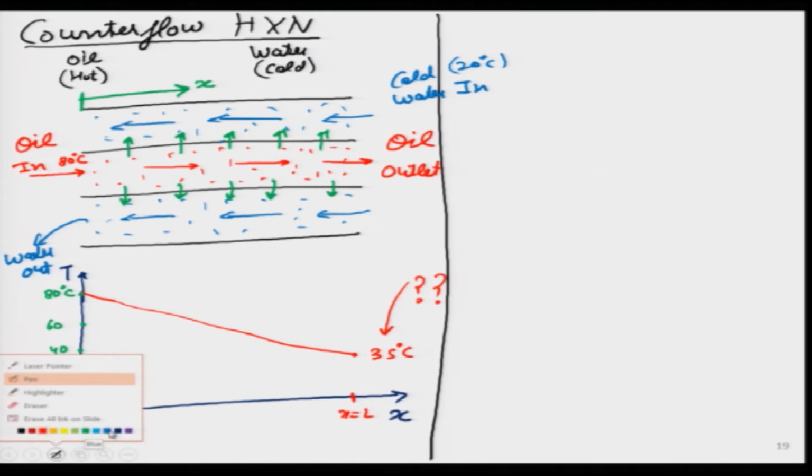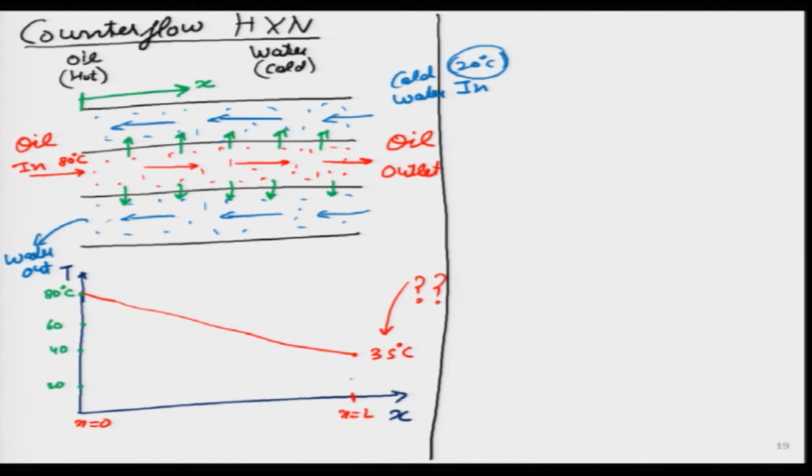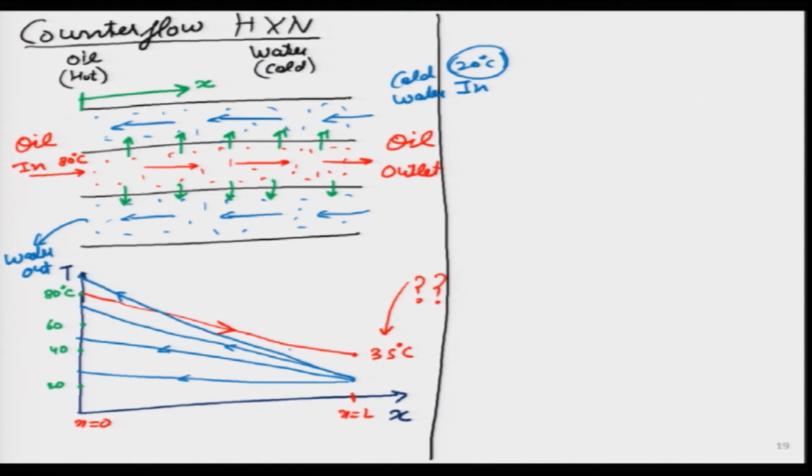What about the blue fluid, which is water, which entered at 20 degrees over here? So, water was here at 20 degrees. I forgot to put the red arrow. Let me go ahead and put this. So, oil is going like this. What about water? So, water temperature has to increase as it is going, but will it increase like this? Will it increase like this? Will it increase like this? Or will it increase like this? So, if I can put case numbers over here, this is case 1, case 2, case 3 and case 4.